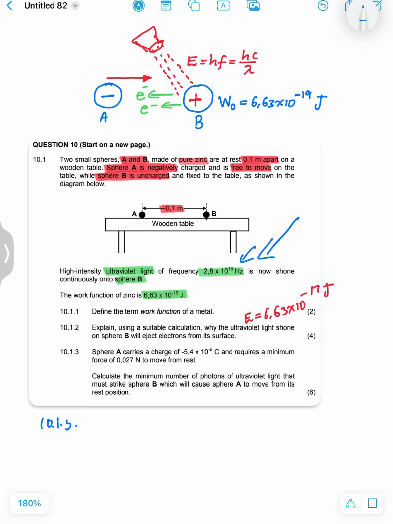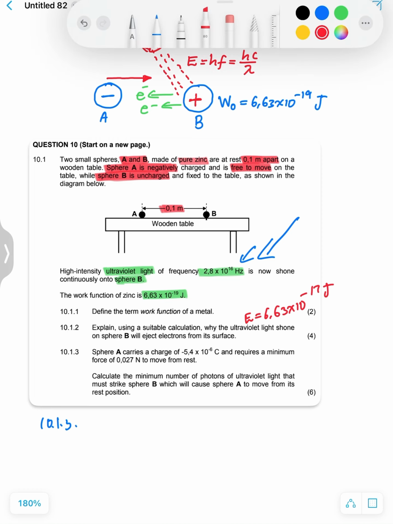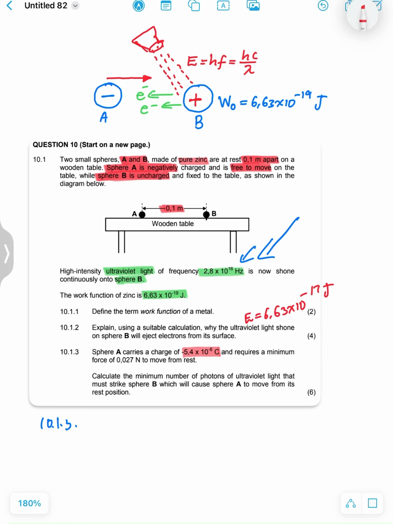we need 10.1.3. It says sphere A carries a charge of negative 5.4 times 10 to the power of negative 6 coulomb. And it requires a minimum force of 0.027 newton to move from rest. Calculate the minimum number of photons of ultraviolet light that must strike sphere B, which will cause sphere A to move from